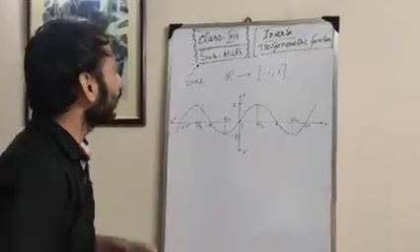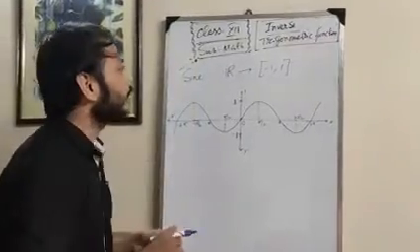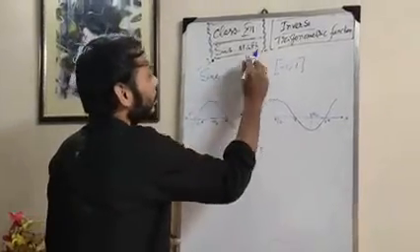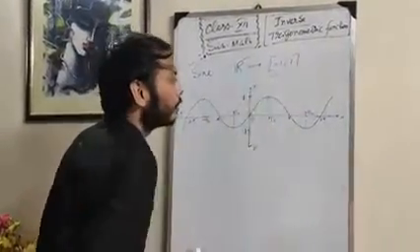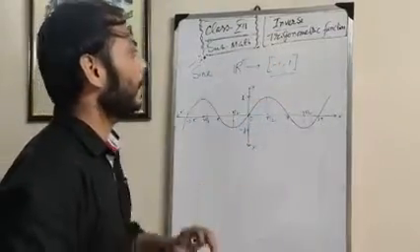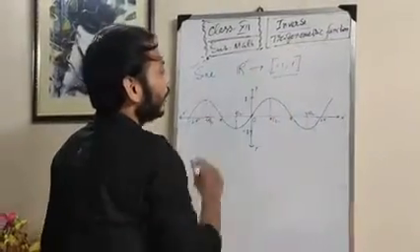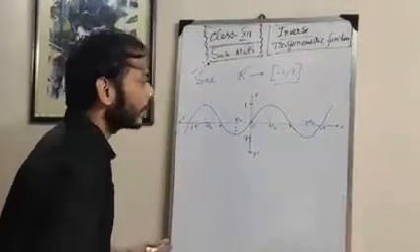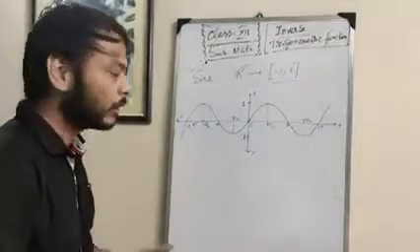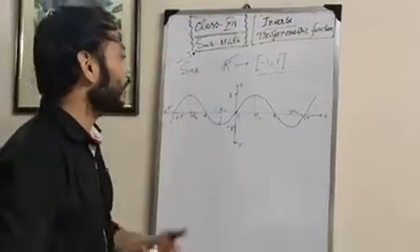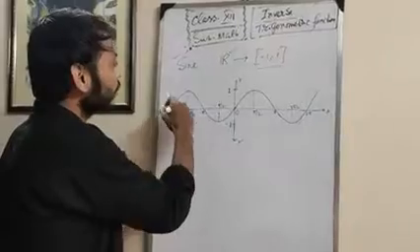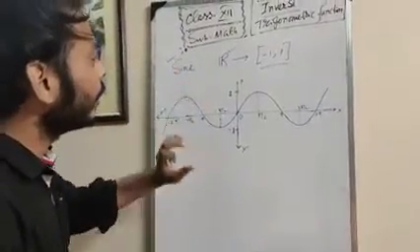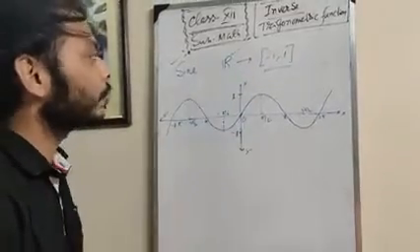First of all, I am discussing the sine function. You know that the sine function is defined from the set of all real numbers to the closed interval minus 1 to 1. This is the definition of the sine function, and you can see the diagram of the sine function drawn on the board. This is actually a periodic function, so periodically it will take values between minus 1 and 1.